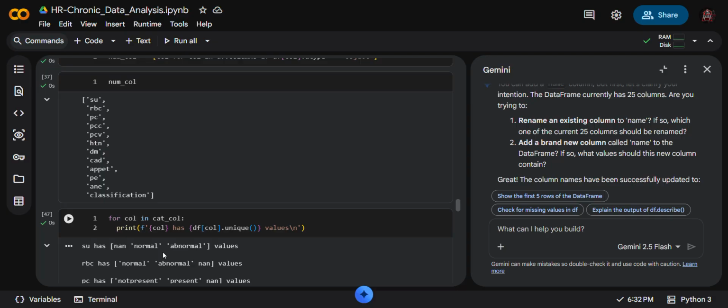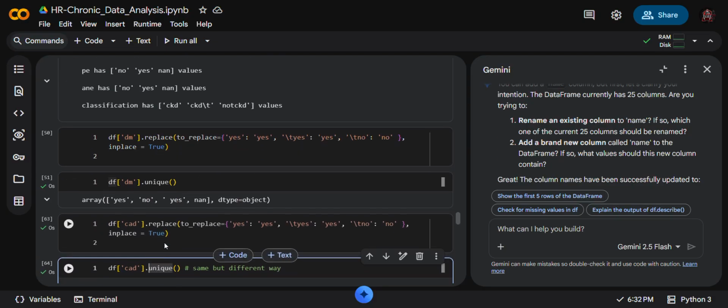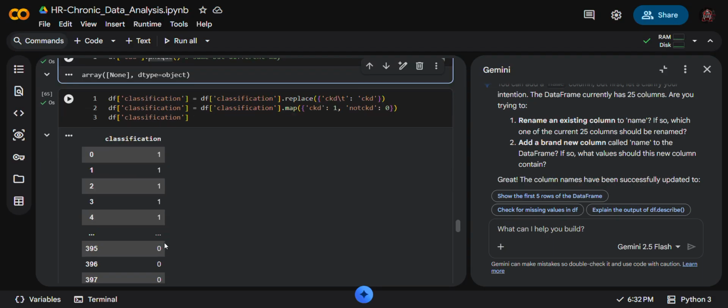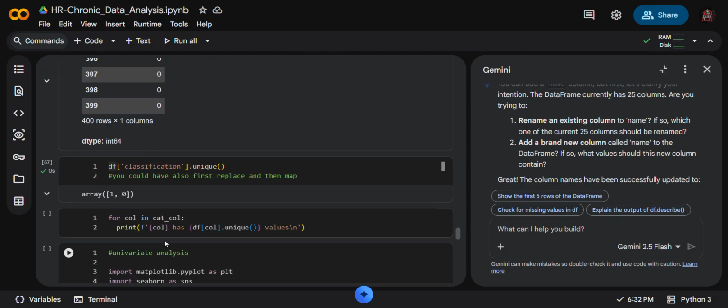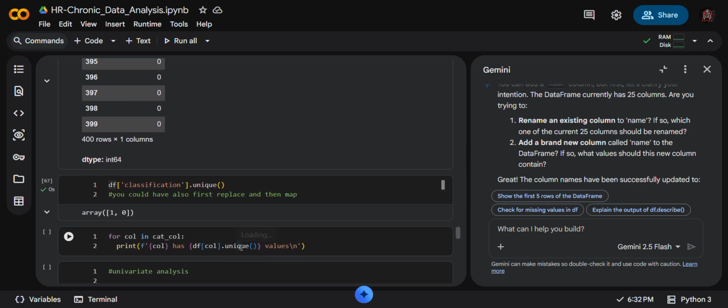For cat, that time it was df call dot unique. Now you can simply put it in here.